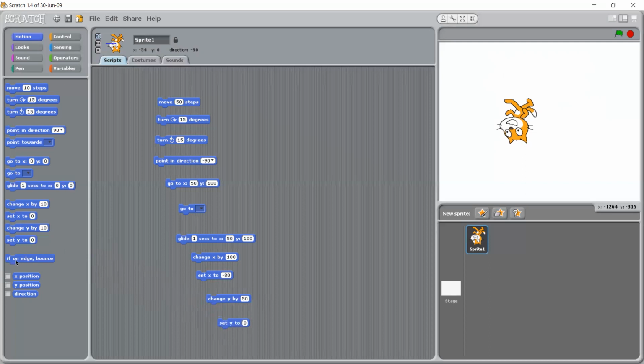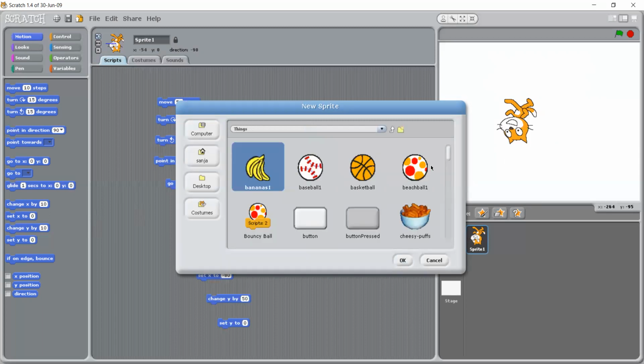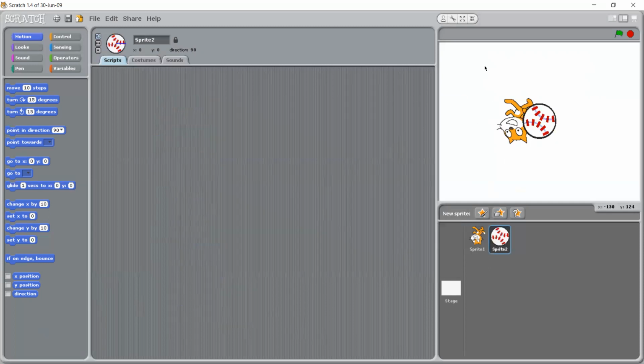Now next one, if on edge, bounce. So I will take one more sprite from here. I will take a ball so that I can show it there, like the baseball I have taken. So I will remove this one.